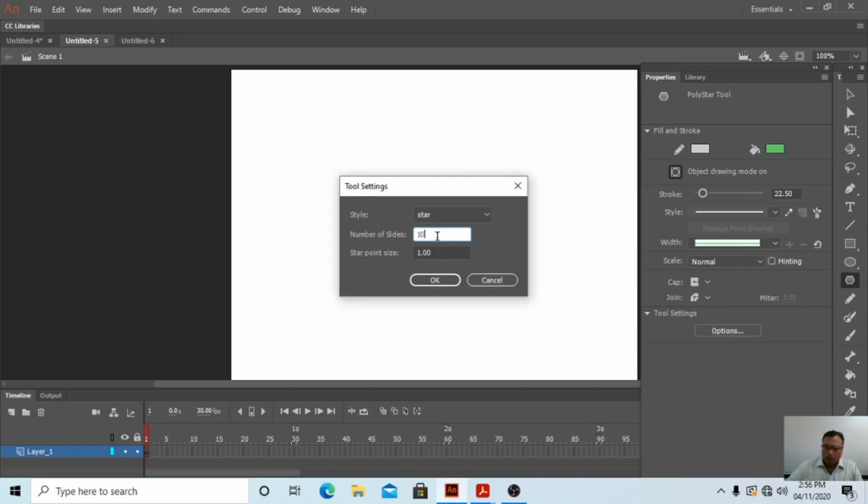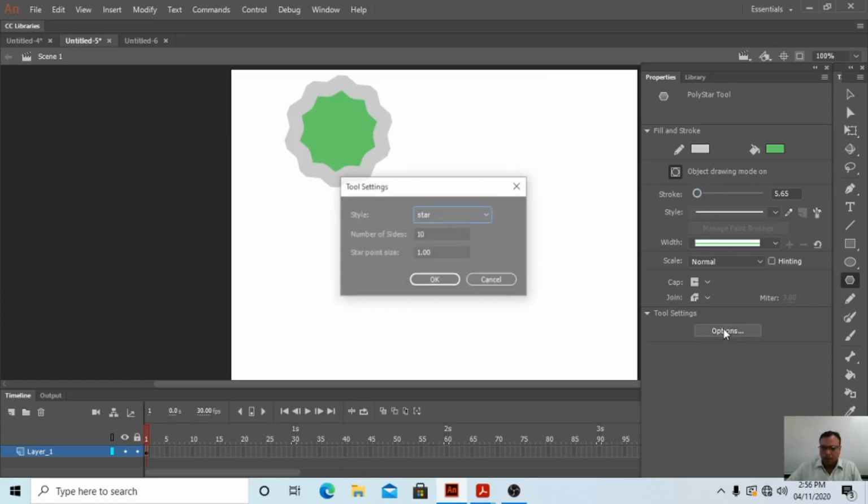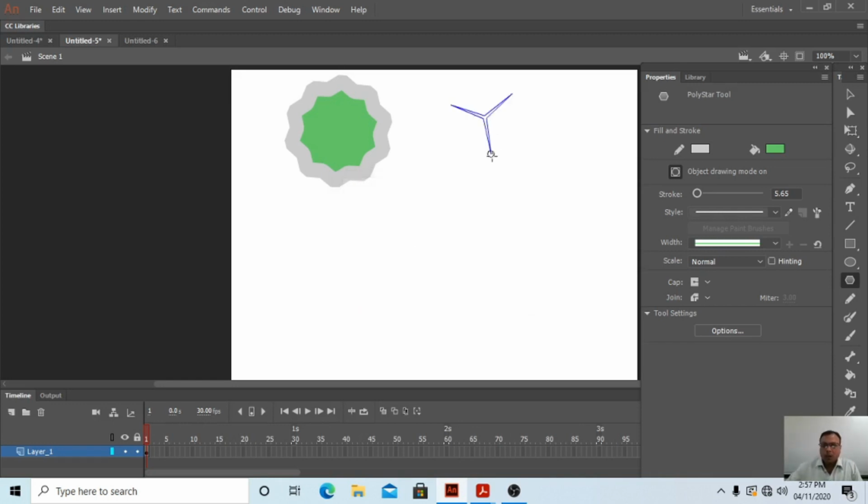Star tool. So how can we make the star tool? Look, see this. First of all, remove everything we have done. By default we are setting everything to 3, and here we have 0.05. Now see, this is the same because this one is the fill color and this one is the stroke color.